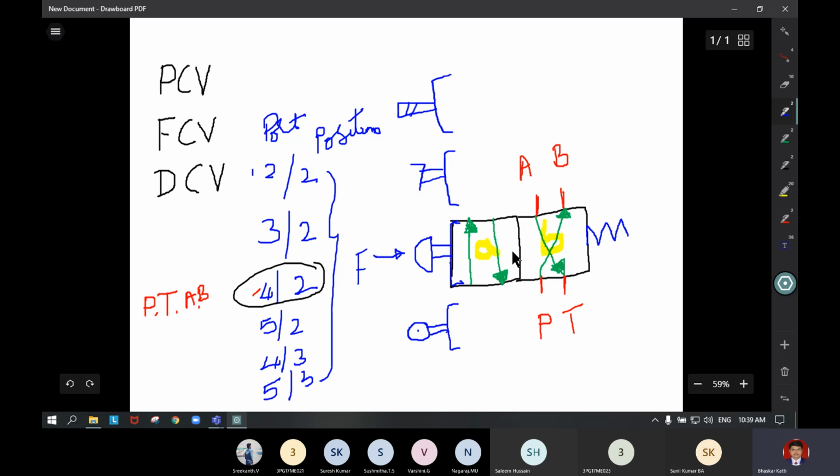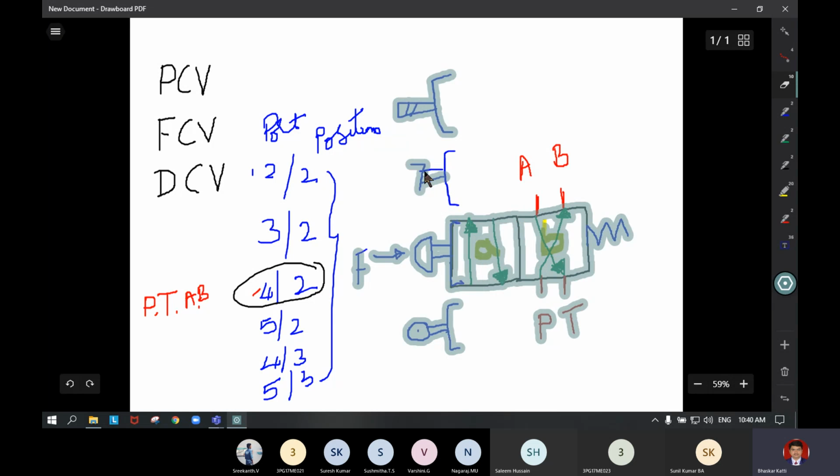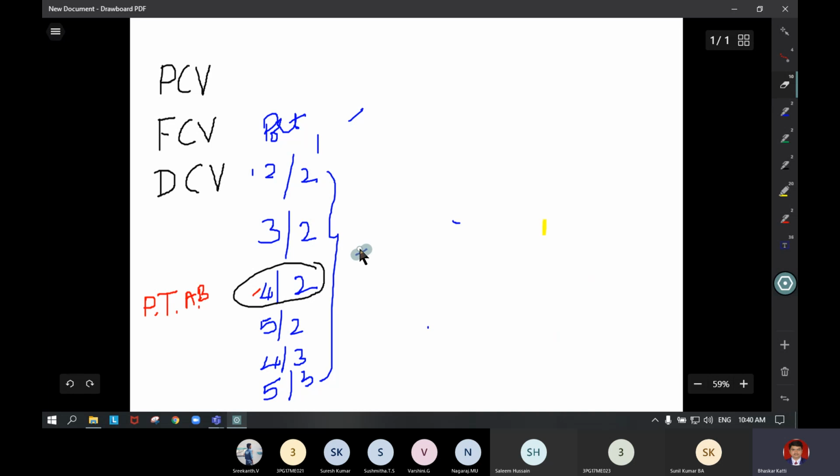Like this we have to write the complete nomenclature for the valve. For example, now I have one valve, try to write the graphic symbol for it by yourself. Till now we have gone through the various graphic symbols. So now you try to write the graphic symbol for this particular valve. I will write now. Just observe what I am writing.